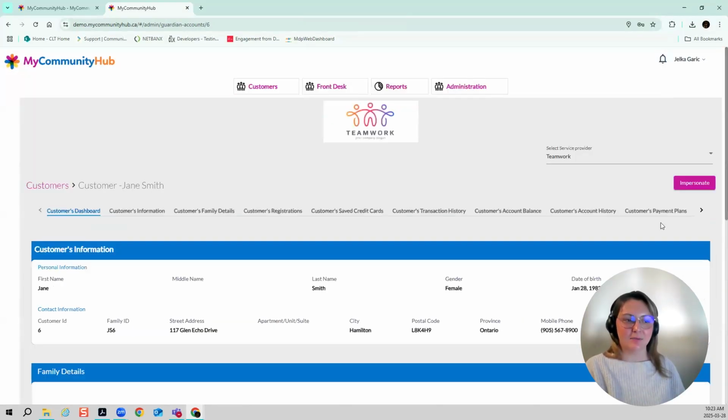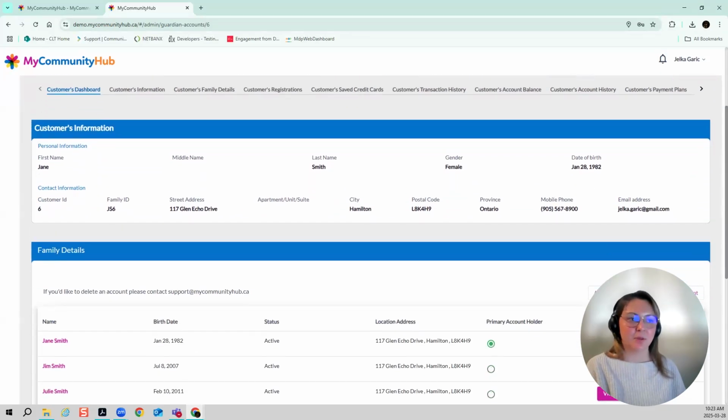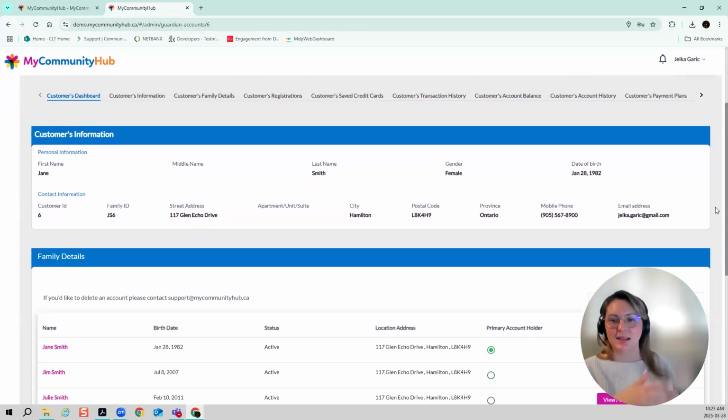I can view and edit, meaning that I can view all the information for Jane. It's the same information we walk through on the customer side, just laid out a little bit differently, but you have the ability to see everything except for their credit card. The credit card stays saved on the customer end for security reasons, obviously. If a customer needed your assistance and wanted to use a credit card to pay, they would have to share that information with you.